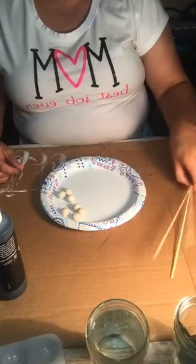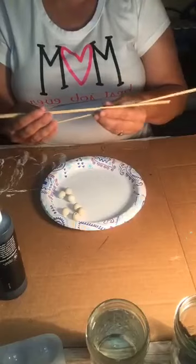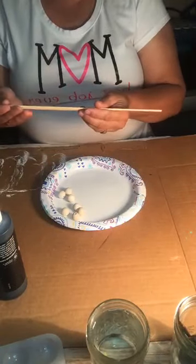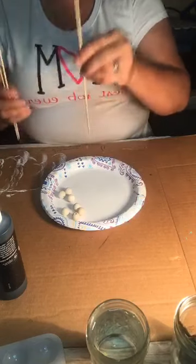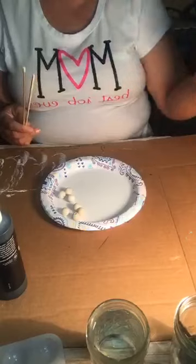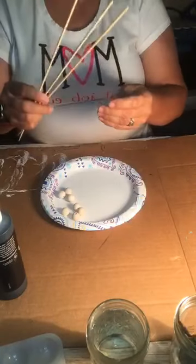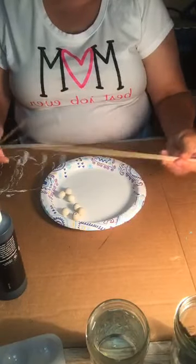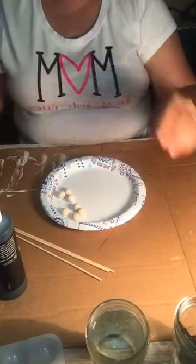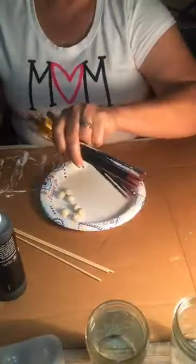We got some wooden skewers. We use these all the time in the studio for lots of different things. When we did our fairy things, these held up our flags. We use them for legs on tables when we do the dollhouse camp, but lots of different things. So I've got one for each color. And we've got paper towel. I've got paint brushes, and I've got a little bit of water,